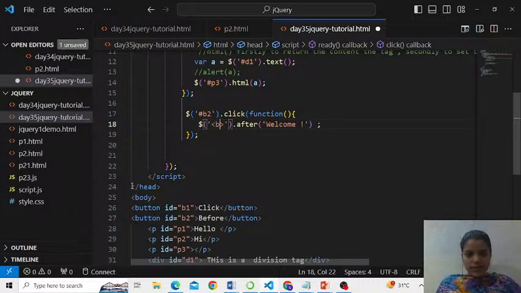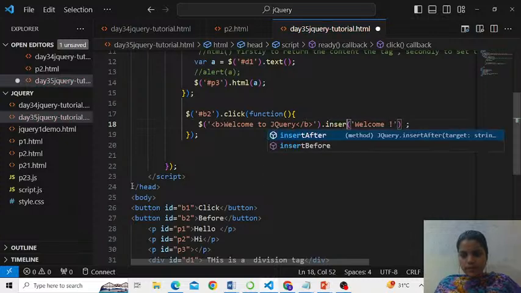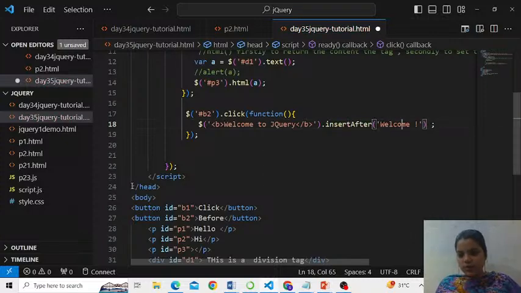Say inside B bold, I say welcome to jQuery, and the bold ends. Okay, insert after, not after. Insert after, of course, like insert after, you have insert before also. Insert after, maybe